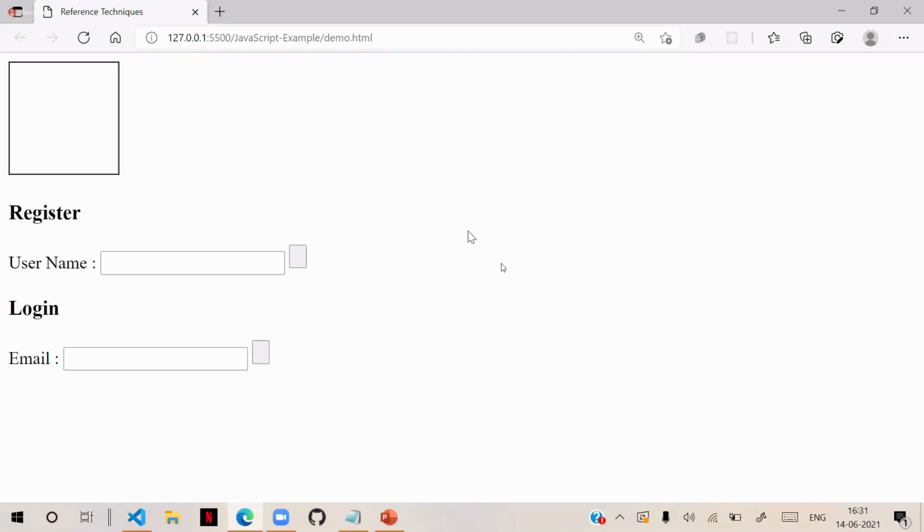Now, actually, the buttons are empty, and the image is empty. I want JavaScript to take control over this HTML page. I want JavaScript to put an image, and I want JavaScript to put a value for these buttons.